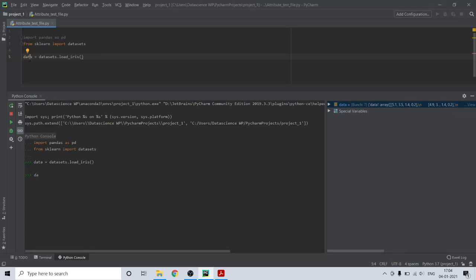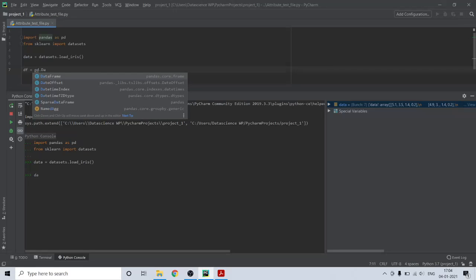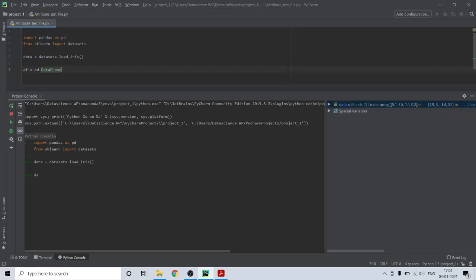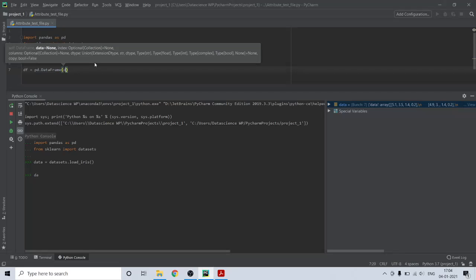Now data is in the form of a dictionary, and it's holding a lot of different other information. So we are going to convert this into a data frame so that we can easily access our data. The way we can do it is I'm going to create another variable called df, short form for data frame, and in that we'll say pd.DataFrame,